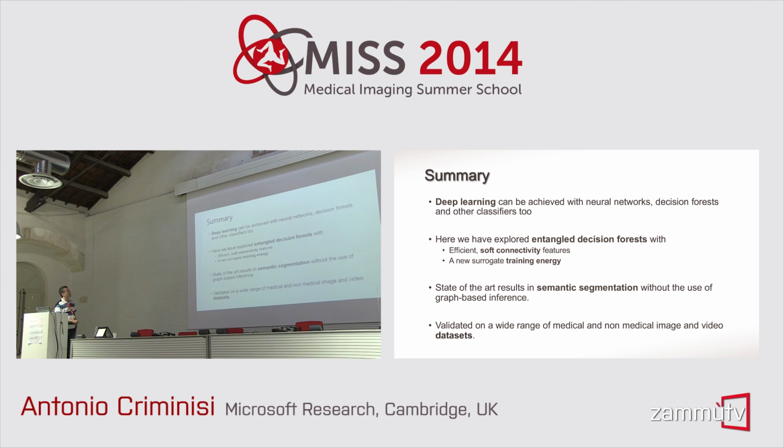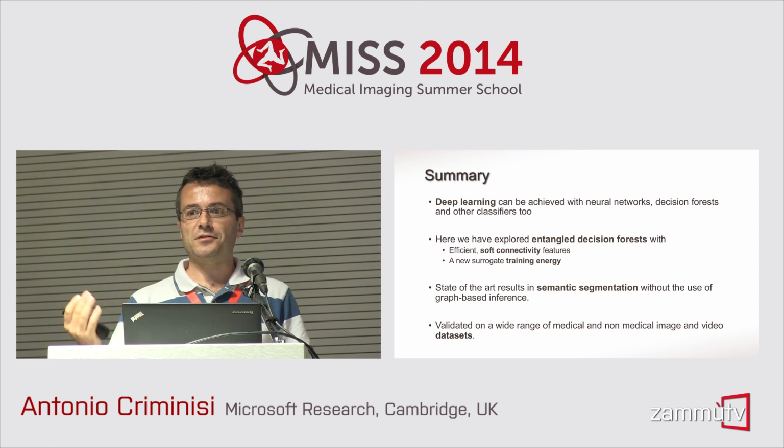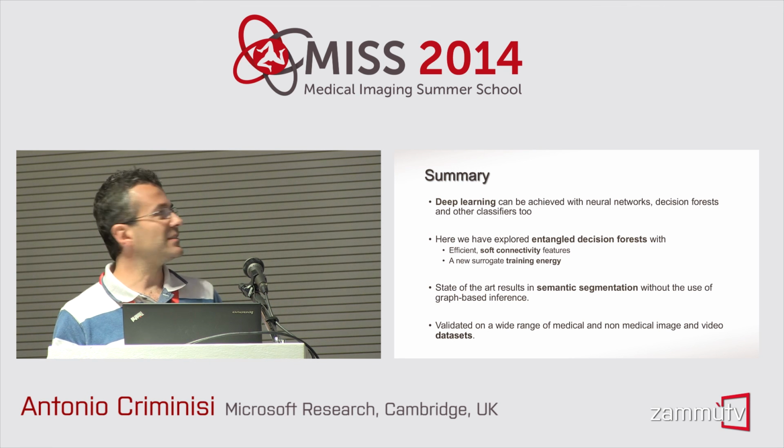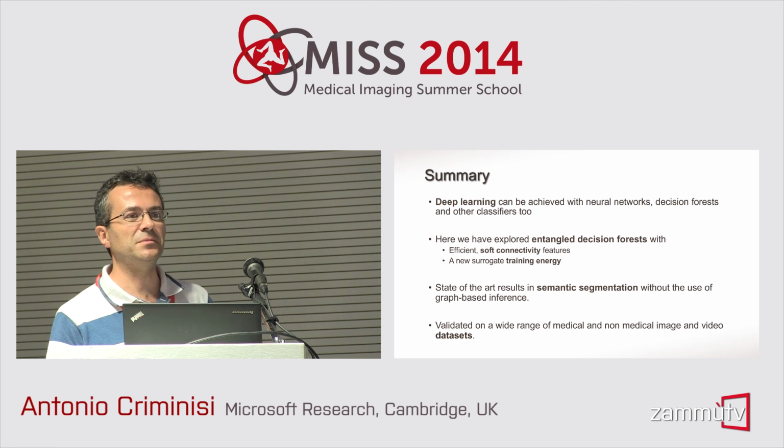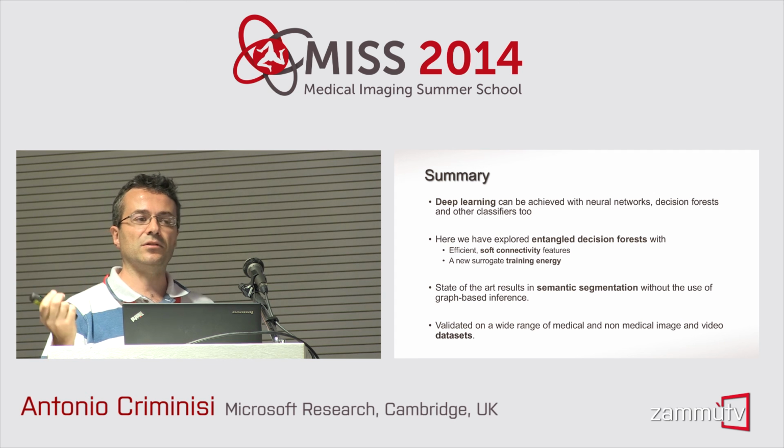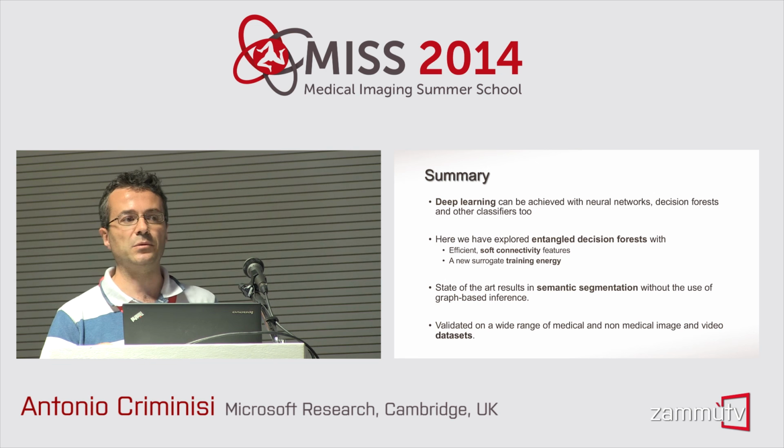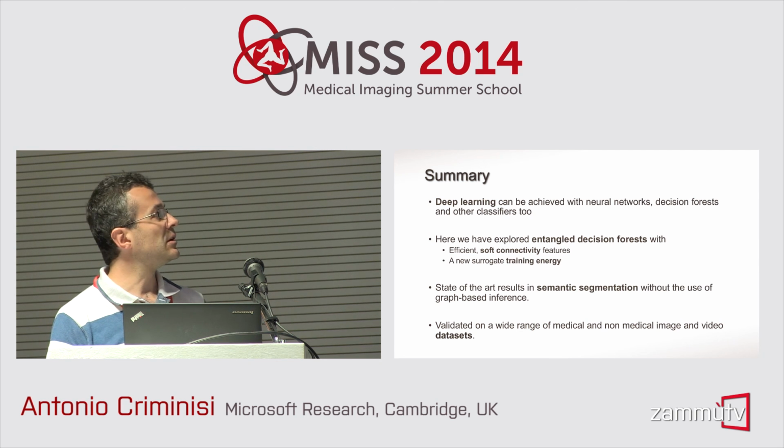Now, as a summary, I philosophized a little bit about what deep learning is. I think we need to do a little bit of that to really understand what that is and the great potentials that I think it has. And I tried to bring home the point that deep learning is not a synonym of neural networks, is not a completely new invention, and can be done by all of us with whatever classifier we have. It seems to work particularly well when combined with neural networks for image level classification, but there are other things that we might want to do.